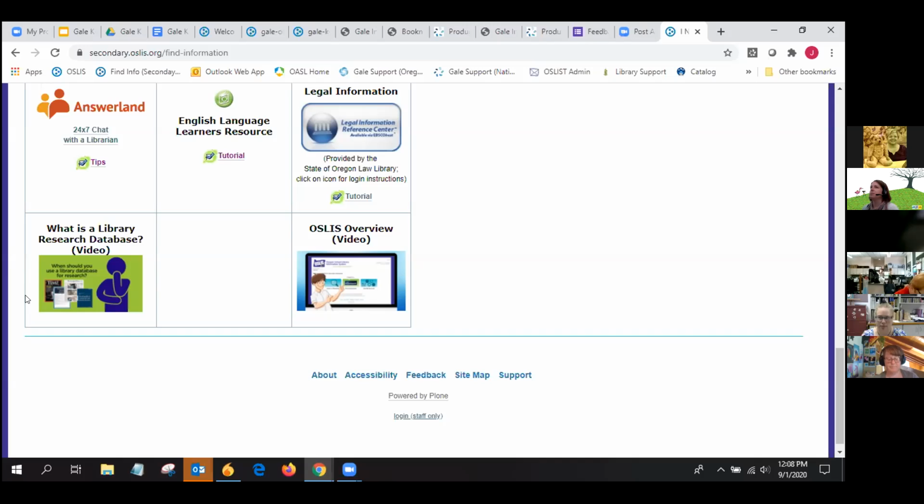And I think that's especially helpful because sometimes we jump in and we tell kids, hey, let's use these databases. And that's just a vague, weird word to them. They have no idea what it means. And sometimes that is equally true for teachers. They're like, not really sure what you're meaning here. So if you're saying, hey, use the databases, and they're not really sure what a database is, then it's maybe not as helpful. So this video will explain it, but I wanted to take a second and tell you that